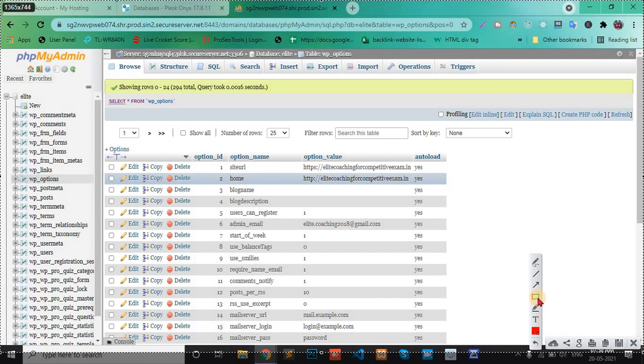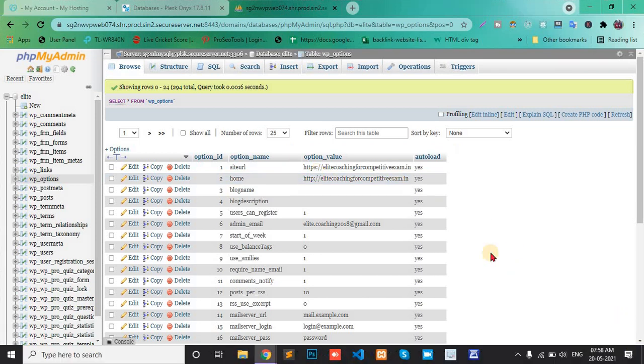Then we see the first row is HTTPS and the second one is HTTP. Here we change HTTPS to HTTP. Okay, then change this one first